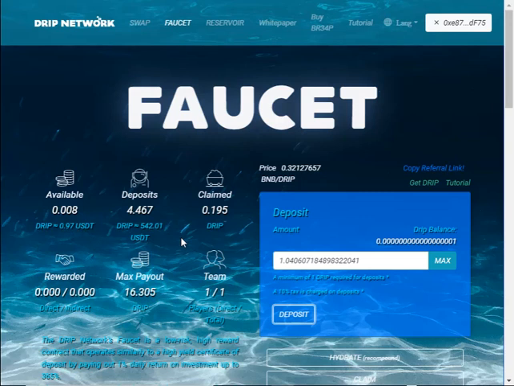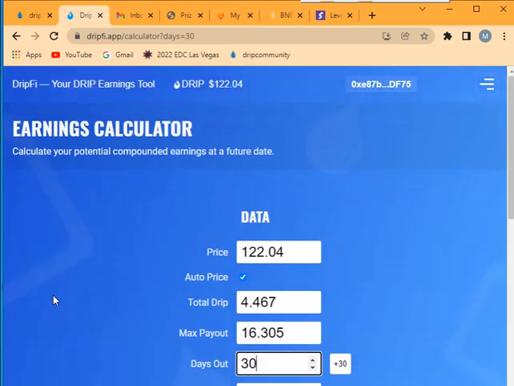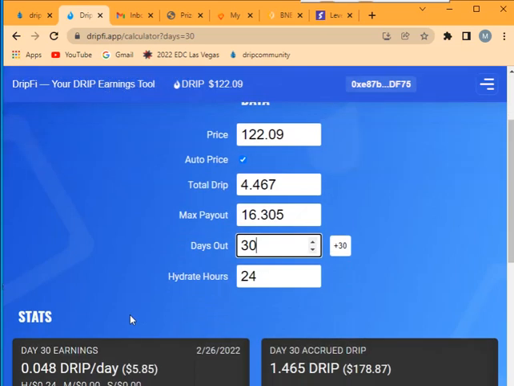I'm going to show you one tool that you can connect your wallet to, and it will give you some information in regards to your account and do some calculations for you. It hooks right into your MetaMask and your drip account. Right now it's showing me that the price is 122.04. I have 4.467 tokens. My max payout, I set it up to tell me after 30 days doing rehydrations every day what I would have. I will earn $5.85. Now these figures are only if the coin stays exactly the same price. If it goes up, these figures are going to get bigger. If it goes down, these figures are going to get smaller. But right now, at the current price, I would make $5.85 a day,